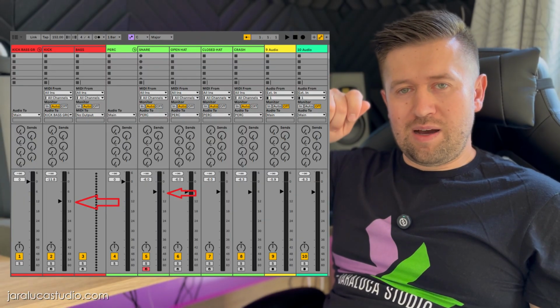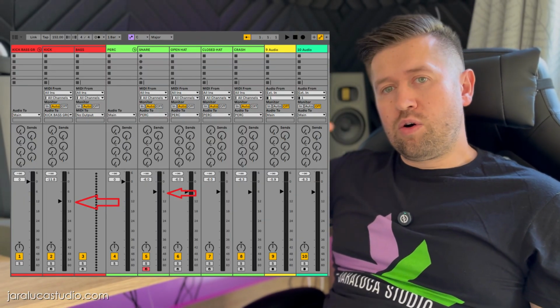So what I recommend, start your project with, for example, kick and bass, keep them at around -12 dB, and try to keep your other elements, for example percussion, effects, leads, at -6 dB. You can do it in a few ways. You can take your fader level down to -12 or -6, or you can add a utility plugin on every single audio or MIDI track and set it by default to -6 dB.